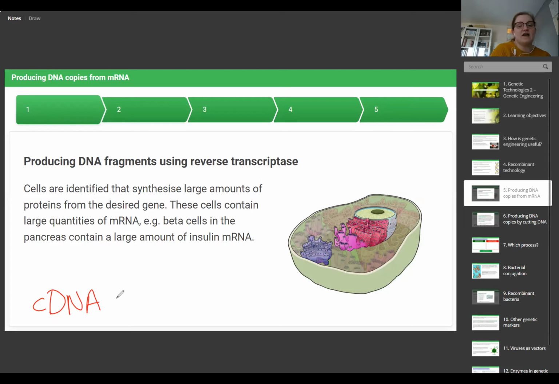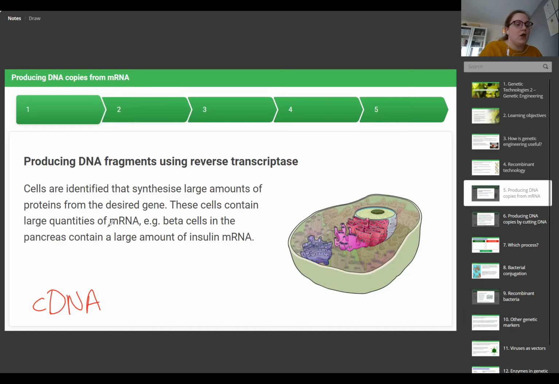So those pancreatic cells, we'll use this one as the example. It's one that you'll see used a lot in lots of places, produce the protein insulin. They've got loads of mRNA inside them that's complementary to the insulin gene, but only 2 copies of the gene itself. So what we're going to go along and use is reverse transcriptase to make that cDNA from the insulin